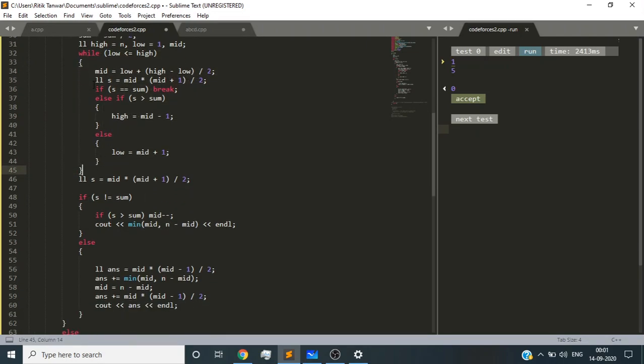This condition is the special case which I discussed for n equal to 20, when the sum of the first half is equal to the second half without even swapping. In that case I consider the nC2 term for both subsequences and add it to the answer, and I also add to the answer the swaps from the first sequence to the second sequence. I'll leave the source code in the description, you can check it out.